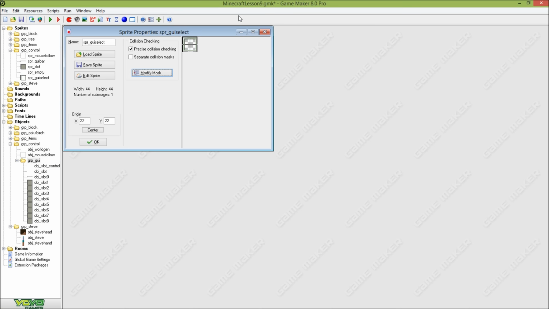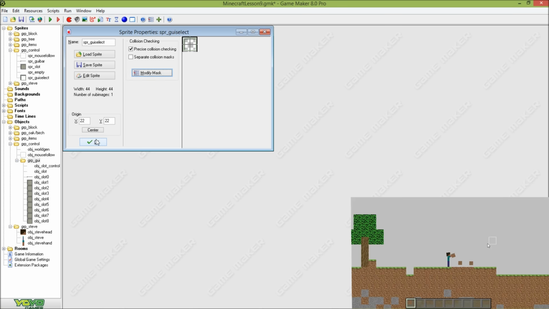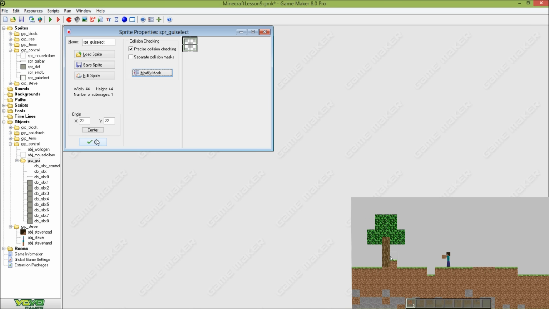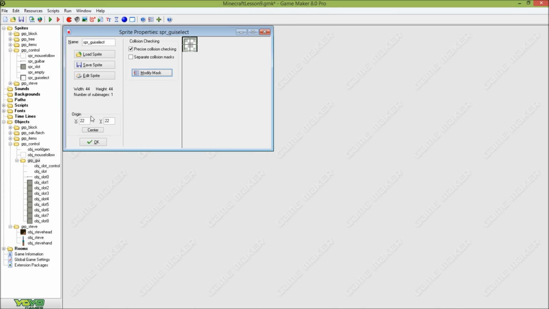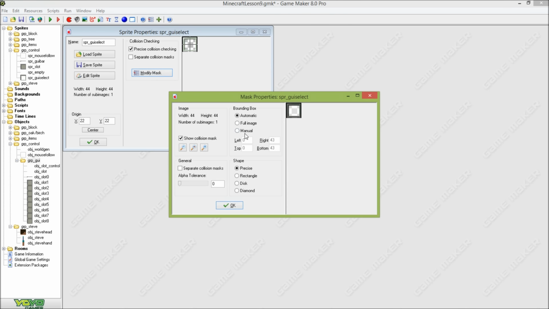This is part 9. In this tutorial I'll show you how to get the blocks which you collected in your inventory, how Steve can actually hold them. So let's start with the selector, so we can select which slot we have selected, and set the center value to the origin, and also create a manual collision checking,